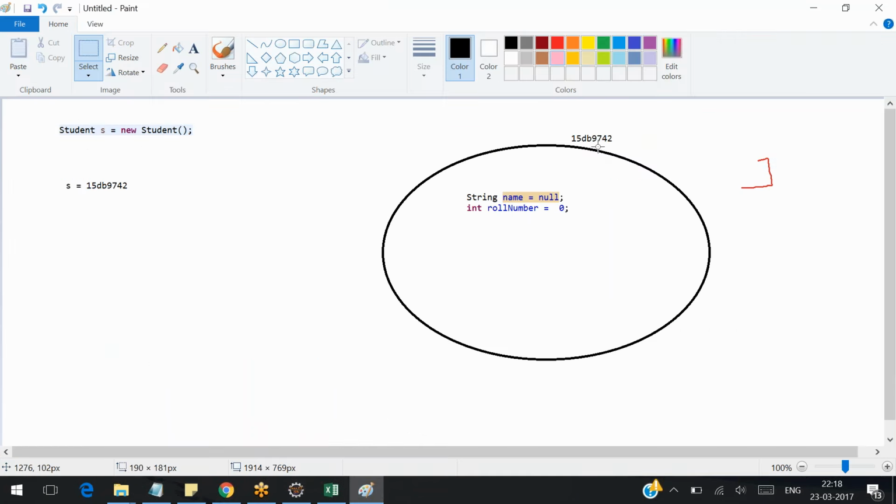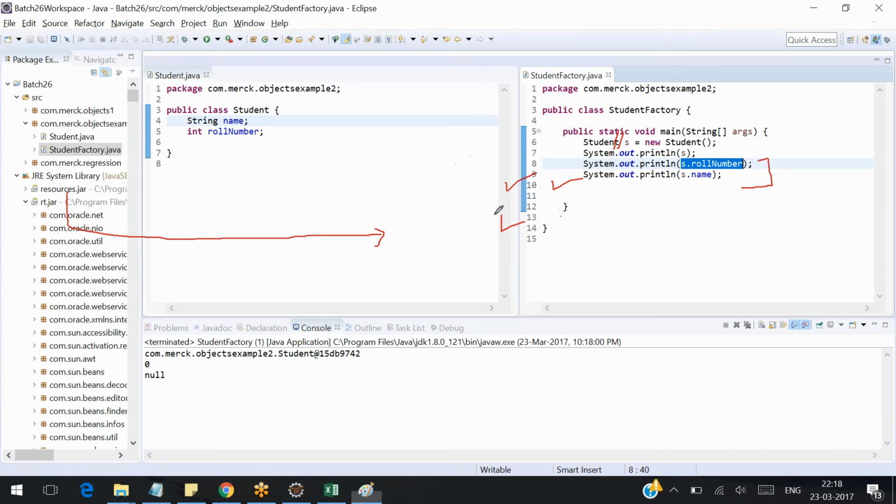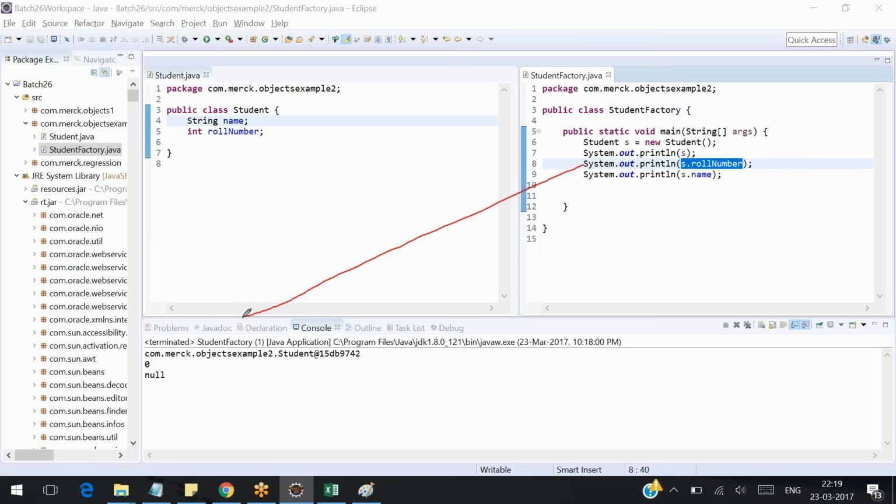I said when you create the object, the object gets created at some memory address, and the name will be initialized to null and the roll number will be initialized to 0 when you create the object. And that is the reason when we type these things, the roll number is giving me 0 and name is giving me null. But